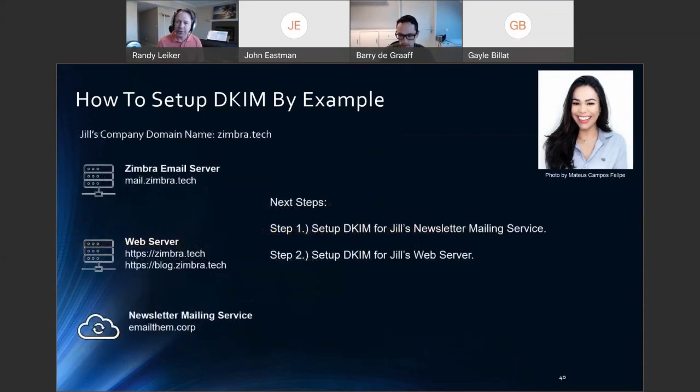So now that Jill's Zimbra server is fully set up with DKIM, she now wants to deploy DKIM for her newsletter mailing service and also on her web server. While these steps are not required, it is highly recommended that Jill secures all sources that send email with DKIM. The reasons for this recommendation will be explained in greater detail in the next episode of this webinar series, where the DMARC security standard will be discussed. But for now, let us assume that setting up DKIM on all of Jill's servers that send email is in